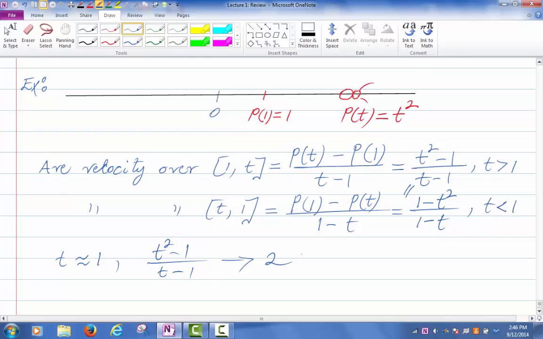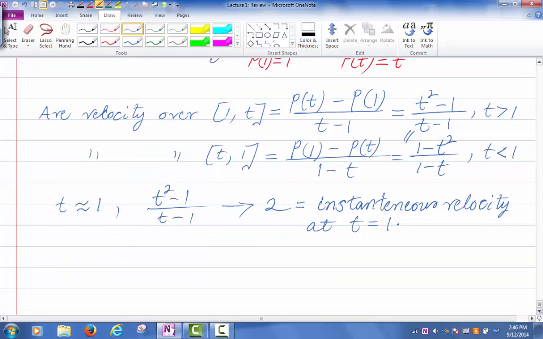Okay? So this should be the instantaneous velocity at time 1. Is that making sense? Okay, so once again,